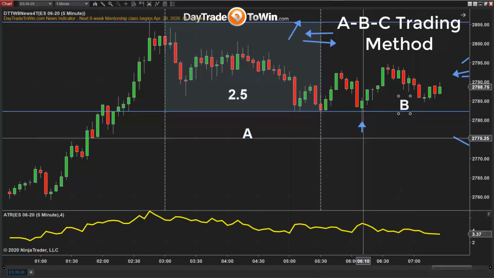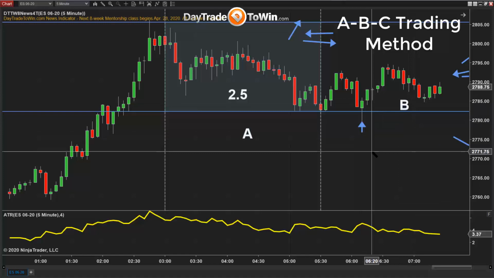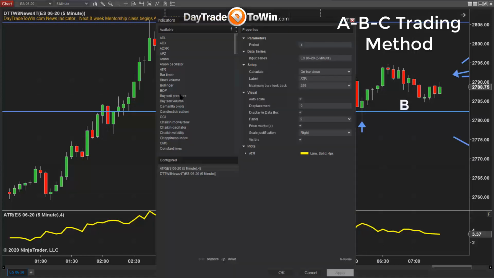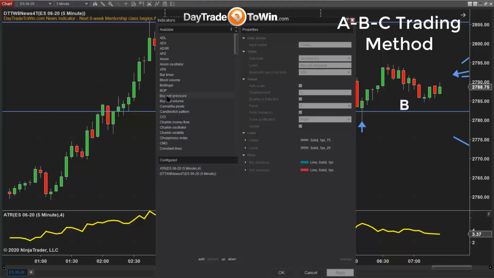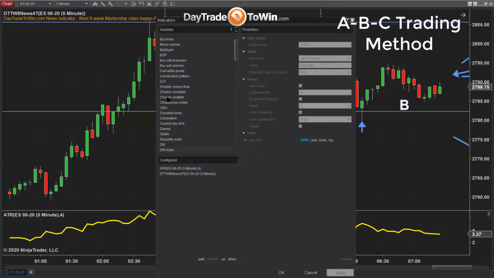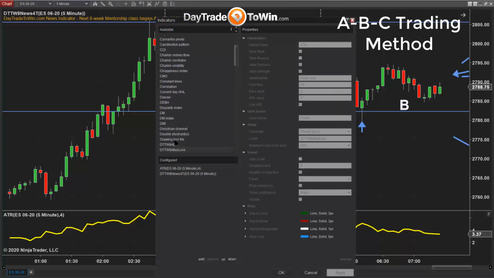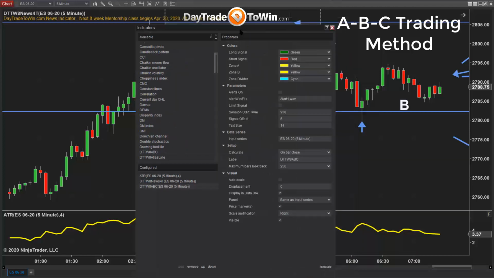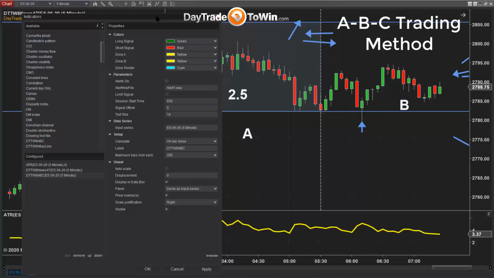Now, when this occurs, you have an opportunity to buy it. And if I add the ABC software, it does give you that bounce as an opportunity to buy. But I also think that if you're using, see, it's the DayTradeToWin ABC method. If you're using your own methods, or one of the DayTradeToWin methods I offer, use that in